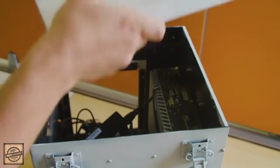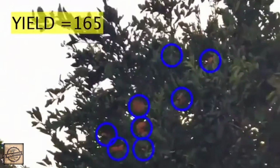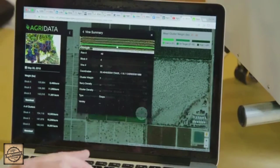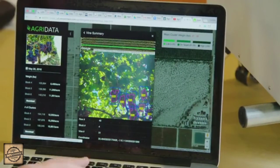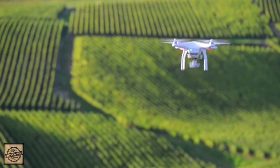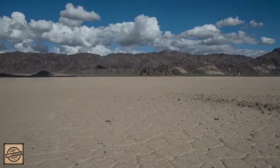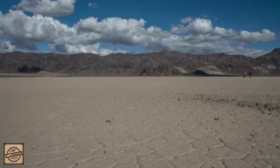Take this doohickey from a company called Agridata. It uses machine vision to eyeball plants. Drive this thing through your trees, and it automatically detects fruits to predict yield. Have a human try to do the same, and a month later you'll have broken their mind. This new green revolution is all about data. Anything farmers can get that'll make their operations more efficient, especially here in California, which just pulled through a crushing